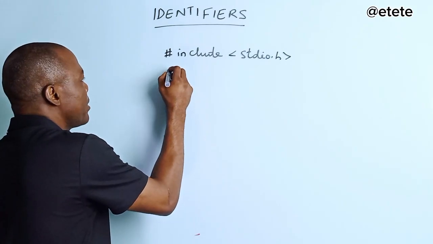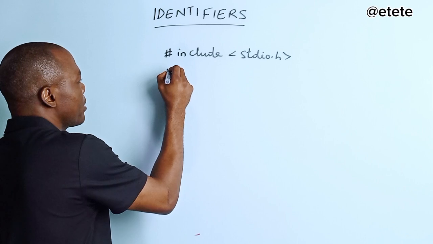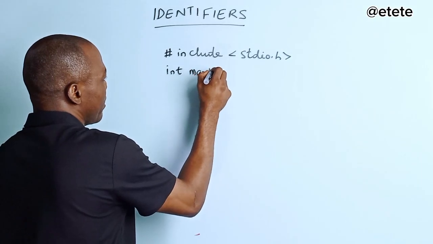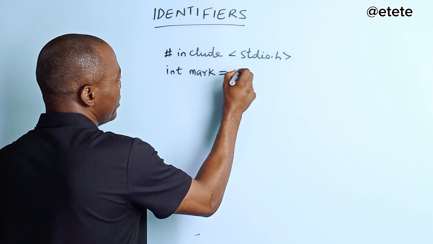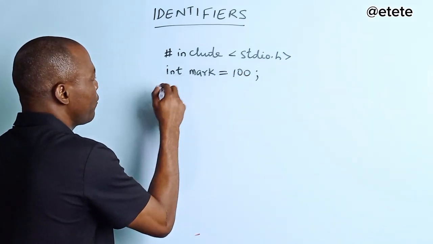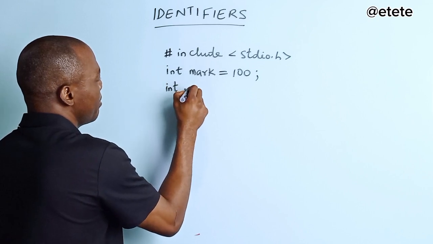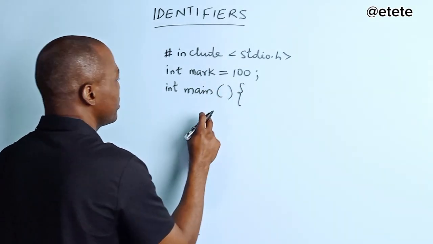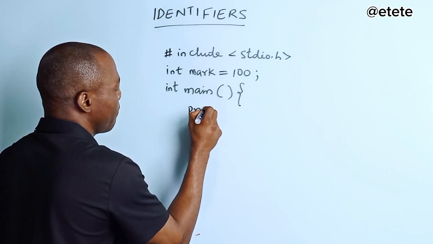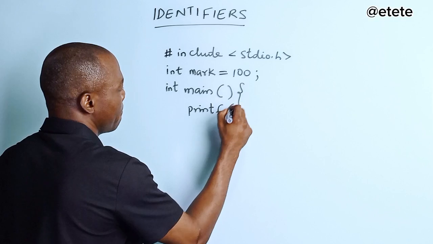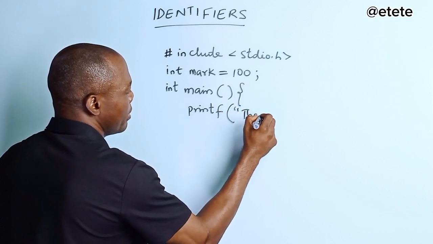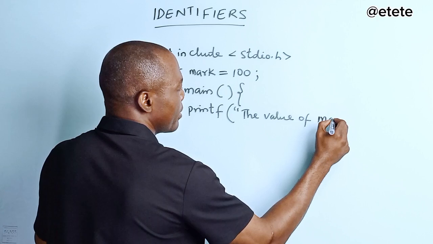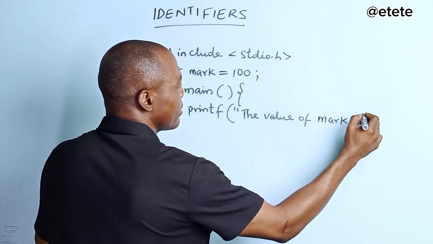And then I declare an int mark, and I assign 100 to it. This is before I say int main. Then here I can say printf, the value of mark is,